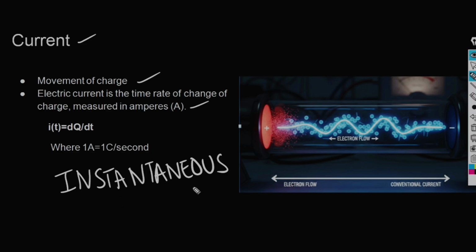What do you mean by instantaneous quantity? The current we are considering here varies with time, because of which we have specified t here to indicate time. So it is given by dq by dt, where q is nothing but the charge and t is nothing